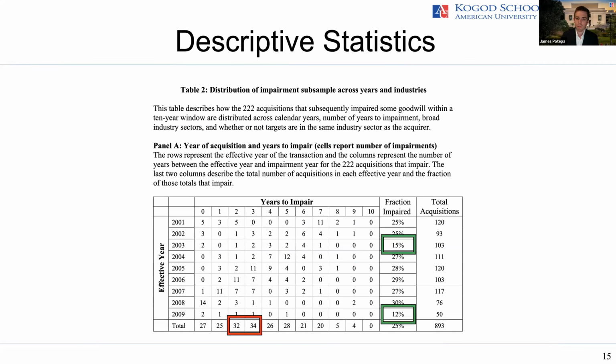In terms of the descriptive statistics, we spent a lot of time thinking about the layout of the impairments and how long it takes firms to impair, and you brought up a good point about immediate impairments. We do find a surprising number of acquirers impair their target's goodwill right away. So basically the first year is surprisingly high. Impairments are relatively high during the first few years, peaking two or three years from the acquisition date. And after that, things trail off.